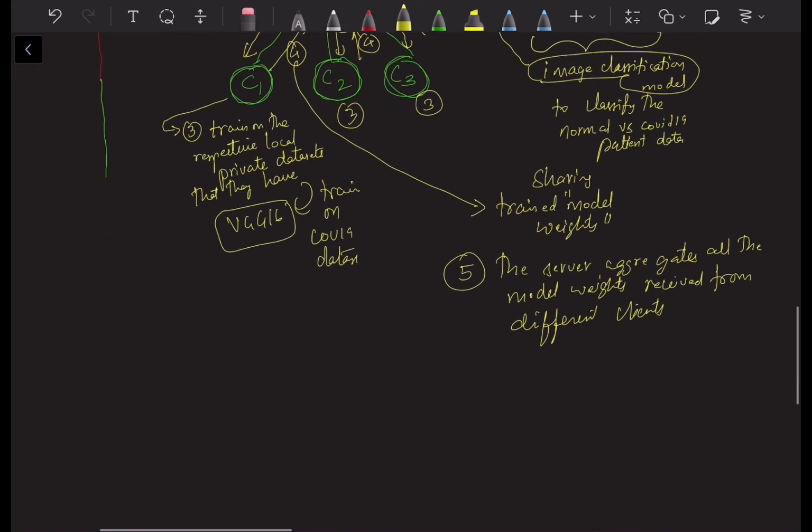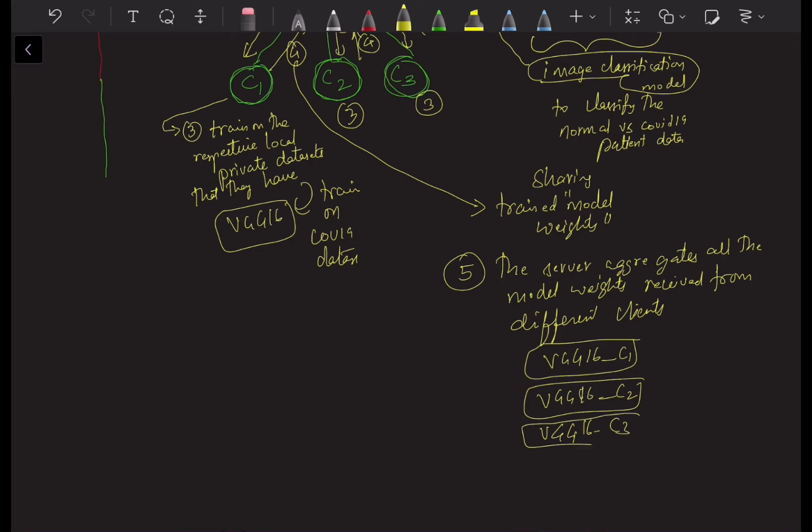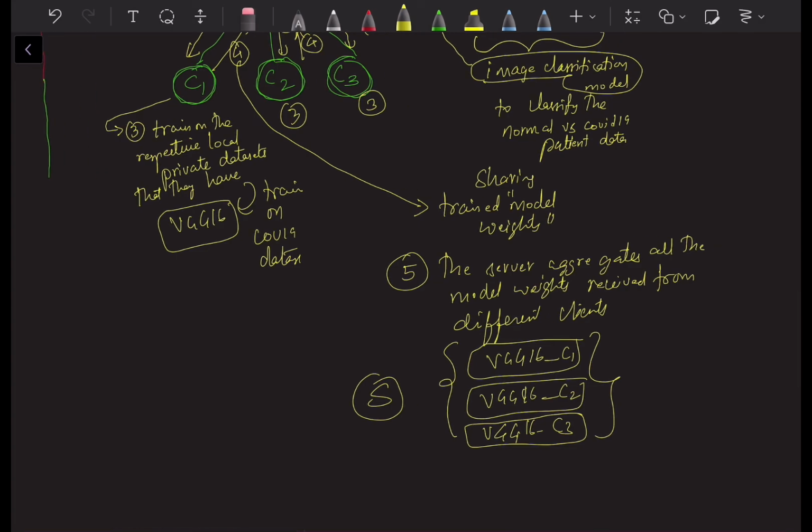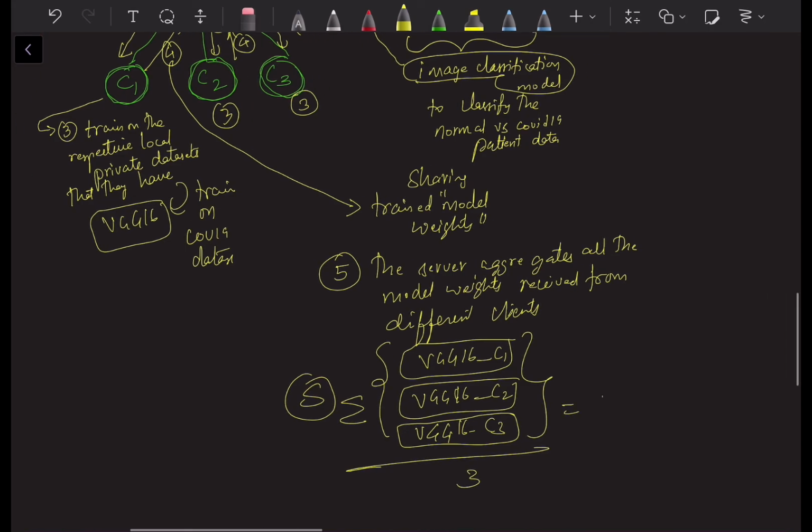So client A sends, let's say, VGG16_C1, then VGG16_C2 and VGG16_C3. We have three models now with the server. The basic way of aggregating is averaging. So it sums them and divides by 3, and it comes up with a VGG16_S, maybe,